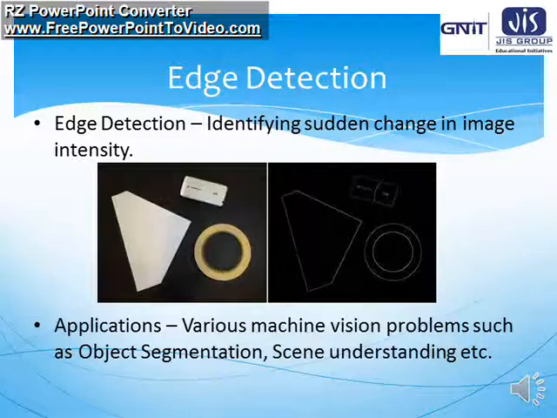Why are we seeing the outlines? Because these outlines are known as edges. We are detecting edges because the intensity levels are totally different from the background to the foreground. So that's why we can easily detect the edge.